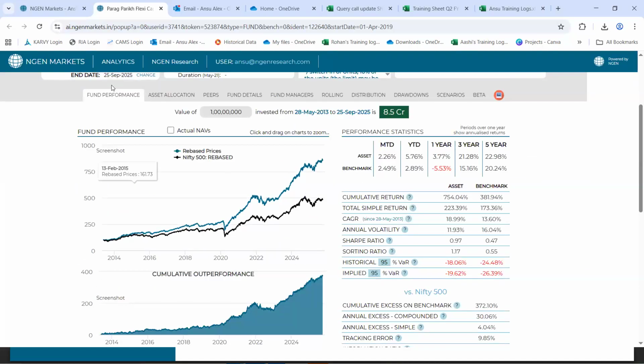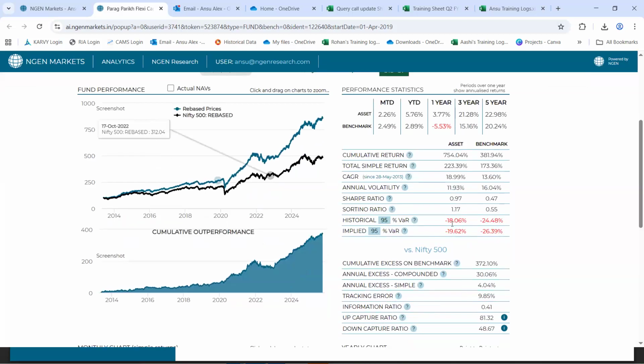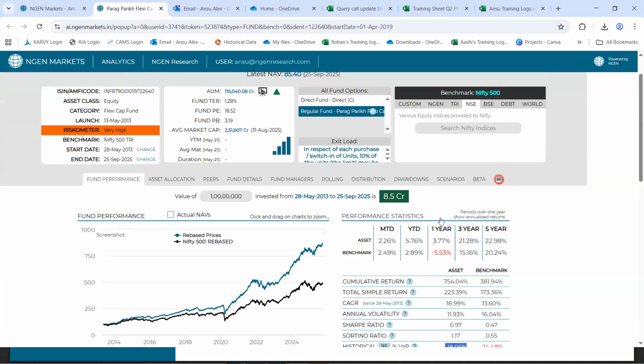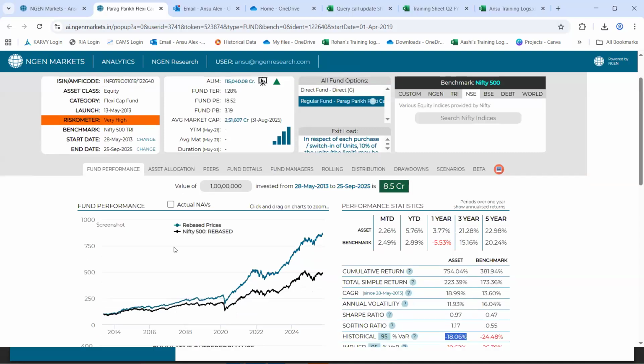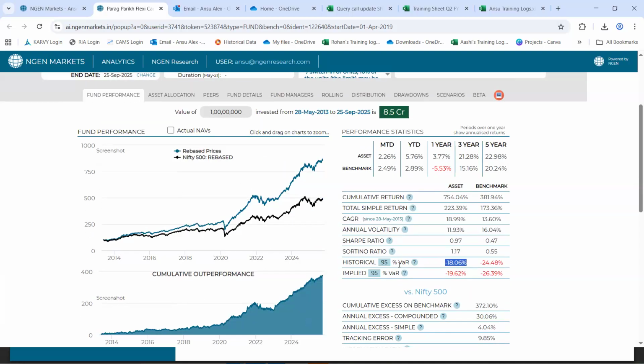And in the fund performance tab, if you just scroll down, you get to see the similar figure. What we saw in the funds screener tab is now available here, verifying the same thing on a single fund analysis when I simply change the start date to the inception date of the fund. Now, when we are talking about single fund analysis, we are able to view the VAR not just for the fund, but also for the benchmark, which in this case is Nifty 500, since this is a flexi cap fund.